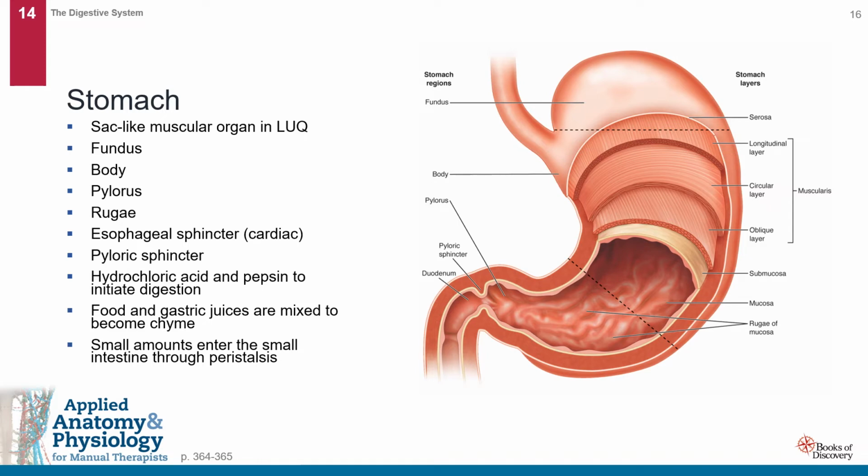Simultaneously, mucus production increases to protect the stomach lining from the strong acid. The stomach also secretes pepsin, a protein-digesting enzyme, initially secreted in an inactive form called pepsinogen. To protect the stomach lining, pepsin is activated by the secretion of hydrochloric acid. Strong, smooth muscle contractions churn and mix the stomach contents with these gastric juices to form a semi-liquid substance called